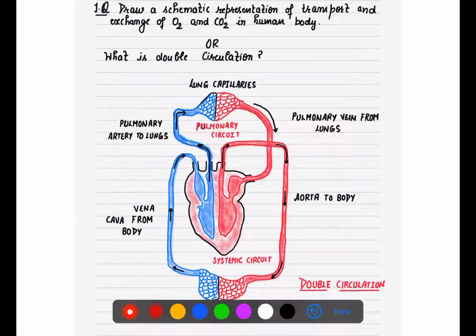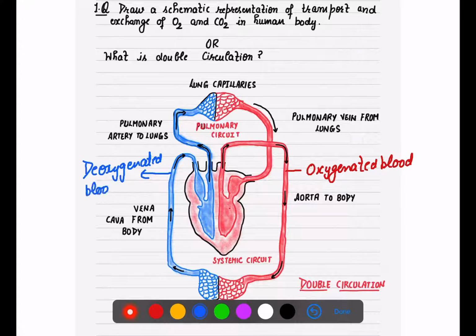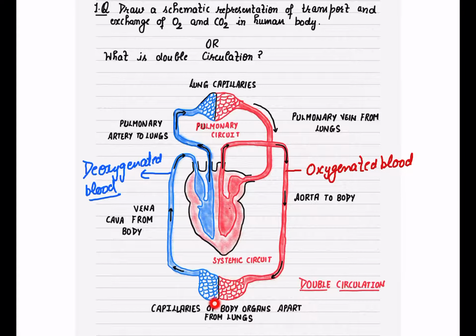So here, as you know, the red one is the oxygenated blood. This red is for oxygenated blood, and the blue color I have drawn here is for the deoxygenated blood, right? These things are very much clear to you now, as now you know that the circulation happens in the heart, right? And it happens between the lungs, heart and the other body parts.